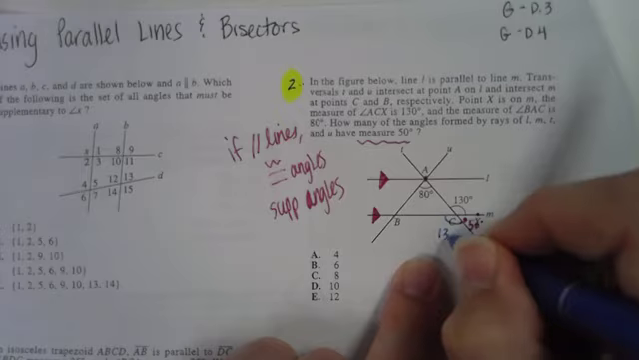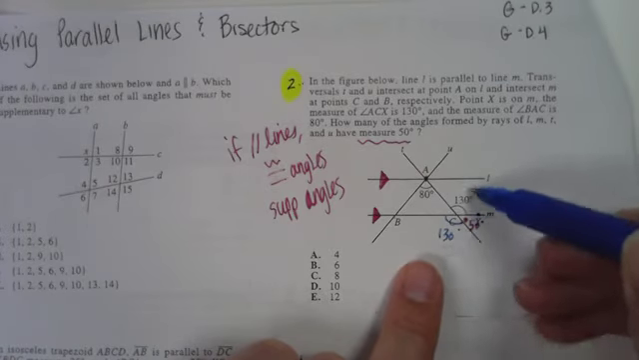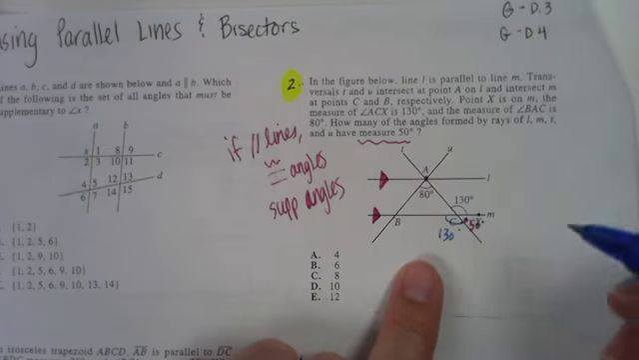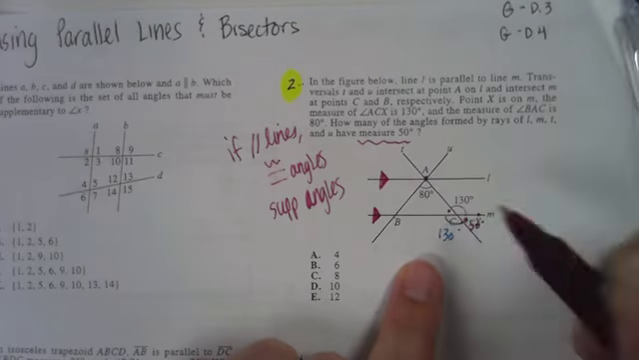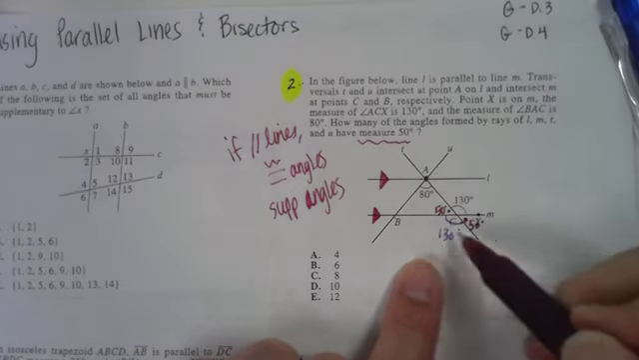130. How do you know it's 130? That's vertical angles right here. Scissor angles, those are always congruent. Okay. Which means what's this angle right here? 50 as well. Okay. Hey, look, a triangle